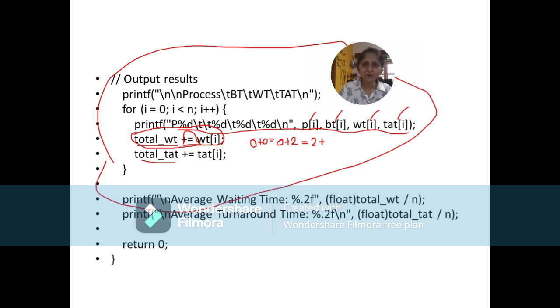After that, once the for loop is over, after repeating n number of times, and the control comes to this particular line, we display this message: average waiting time %.2f. We are converting total waiting time from integer to float by typecasting, and whatever the total is, it is divided by the number of processes, that is n, and that is how we calculate the average.